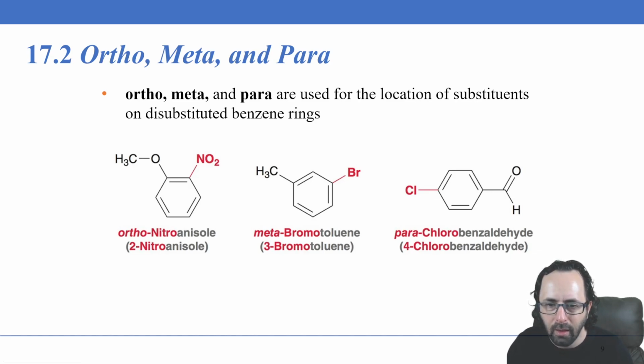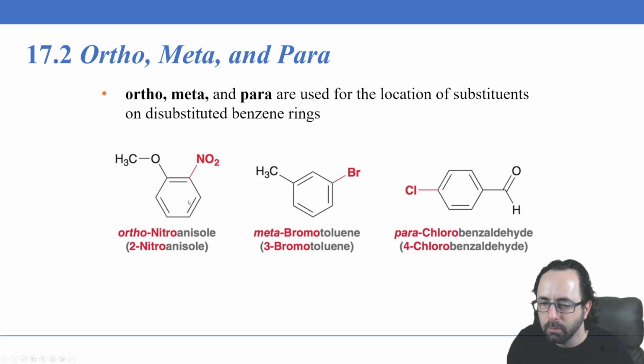So here we say the parent, and then we're counting here on the parent name. So if you have one of these special parent names, for example, remember that if we have a methoxybenzene, that is actually called anisole. And then if we add a nitro group to that, we can say 2-nitroanisole, this being the 1, here being the 2, or we can say ortho-nitroanisole, meaning that the nitro group is right next to